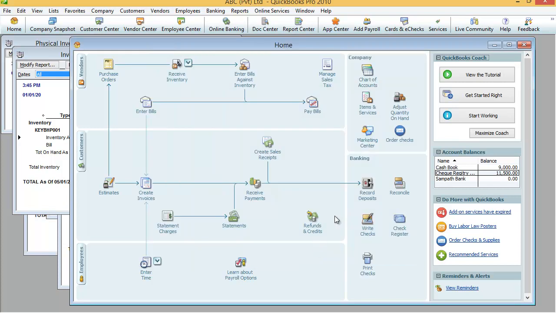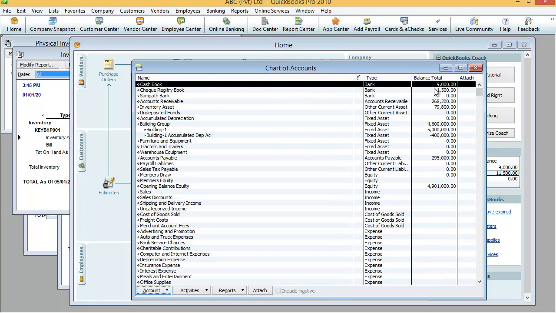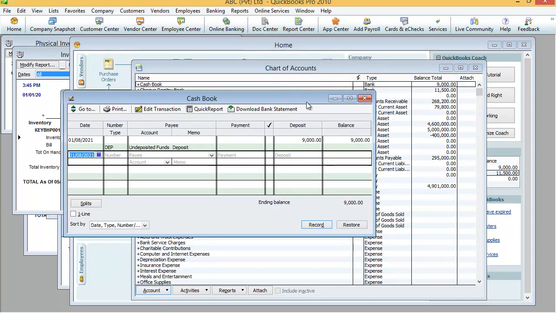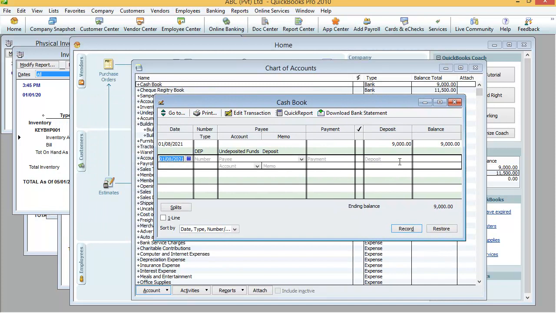Once we click save and close, you may notice your cash book account is updated. You can even check this by clicking chart of accounts and clicking this cash book. Automatically you can see the 9,000 rupees on the deposit side, not on the payment side. So the available balance is 9,000.